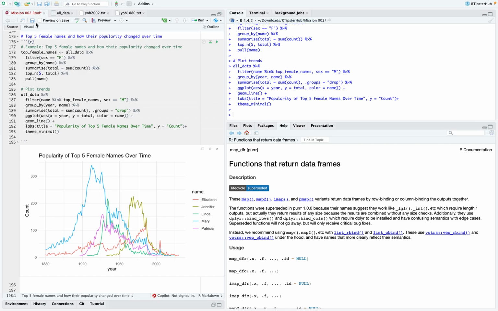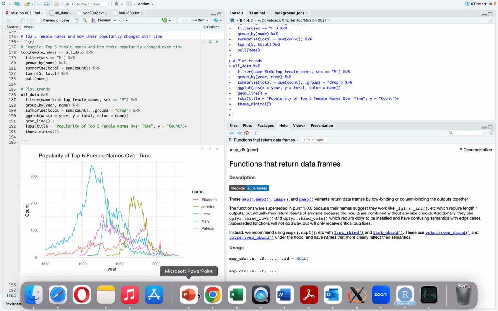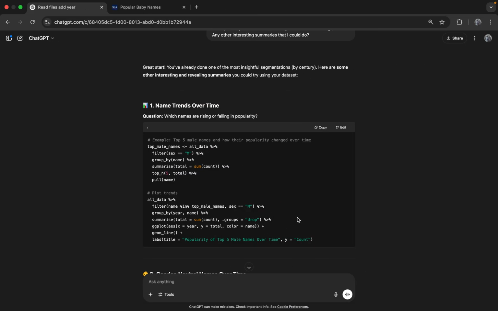Perfect. I think that shows you the trends that have been happening in these names over the past couple of years. And then we also see